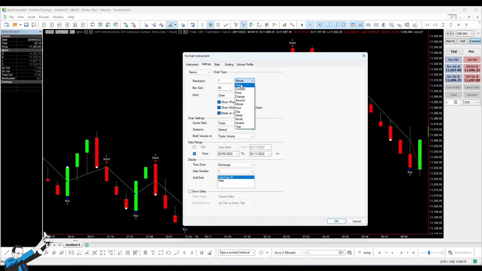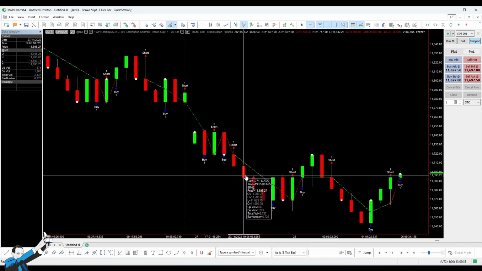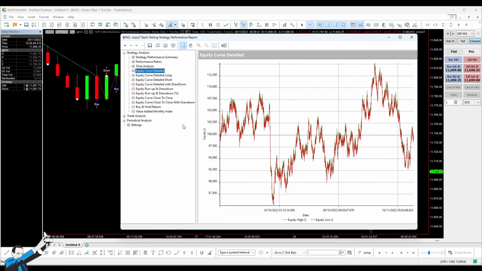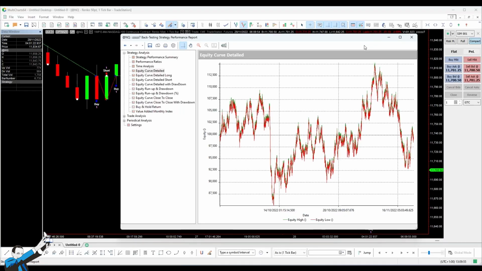We can't afford to use a minute resolution to create this chart, but the only way to test a strategy is to use a tick-by-tick resolution. Using a tick-by-tick resolution, we'll get the actual historical performance of the strategy with this type of chart. Now, you can already see that we're no longer in profit, but we're losing. And our equity, here it is, becomes the real equity. And this is what actually happens when we use Renko bars. Of course, in the case of a breakout strategy, as the one we've just seen.